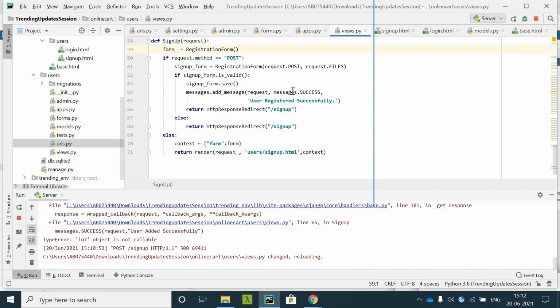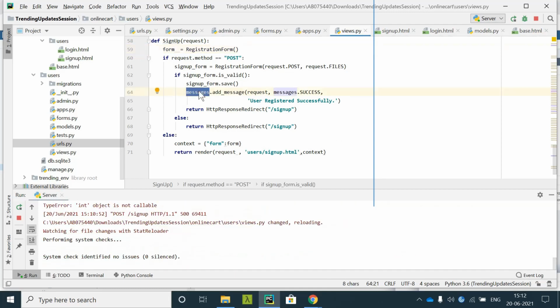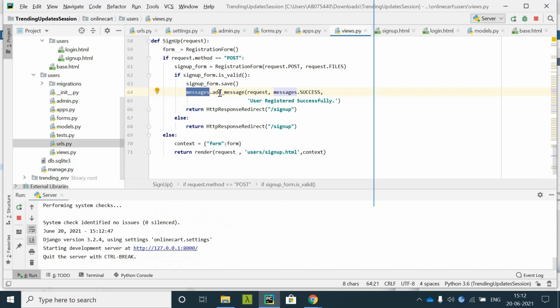Let me rerun this and check whether I was doing something wrong while giving the messages, because I had typed message.error. Now I am typing add message request, and this is the type of the message, success message, user registered successfully.